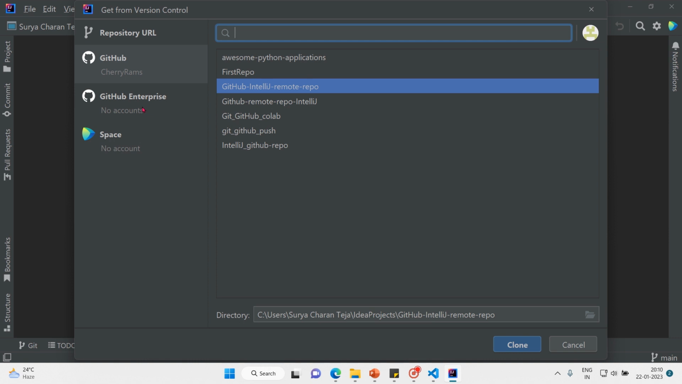And the second option is GitHub Enterprise. Of course, I do not have a GitHub Enterprise account personally. Official is different, that we cannot use anyway. So that's the reason for these two options: either you paste a repository URL and give the destination of the local repository, or you can go with the GitHub account. You can click on the GitHub account and it will populate all the repositories that belong to that GitHub account, and you select the one repository that you want to clone. So this is the one I want to clone,